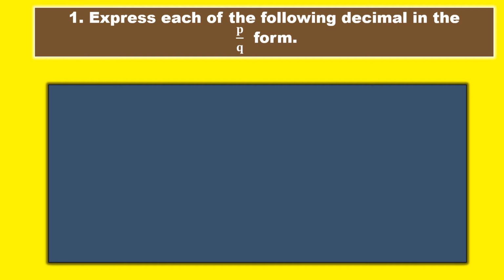Okay, so we know that P by Q form numbers are rational numbers, right? Rational numbers are terminating and non-terminating repeating decimals. In this first bit we are going to discuss how to convert these terminating decimals into P by Q form. The non-terminating repeating decimals conversion is discussed in the second bit, in another video. Please follow the link in the description so that you can go through that video.